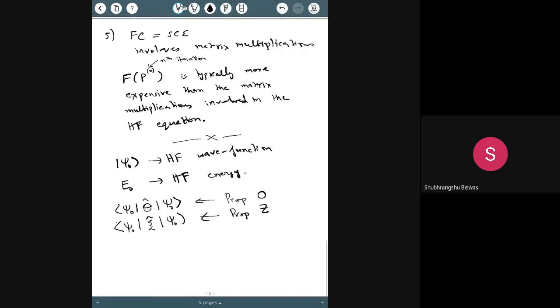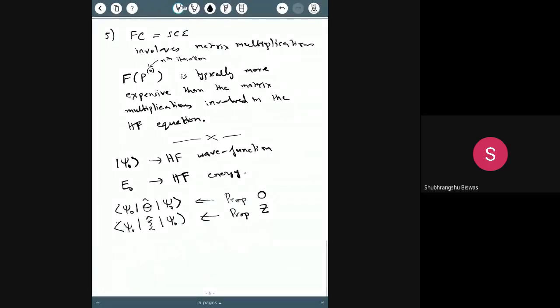Now, the form of these operators is something you must know from physics. So normally this comes directly from classical physics. And then you need to evaluate new integrals. But now I'll tell you one thing. What you get out of the Hartree-Fock equation after you solve it is a final optimized